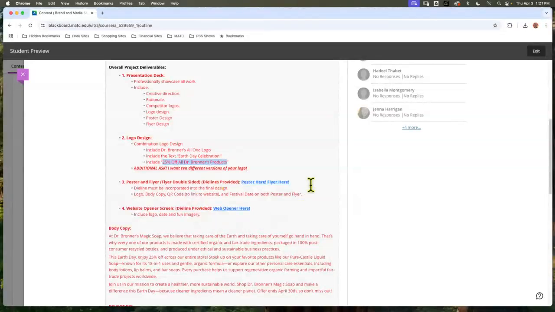And then you can start working on these. I talked about the web opener on Tuesday, and what I do there would translate to poster and flyer design. I've talked in the past, and maybe I'll talk again next week, about making sure that stuff from Illustrator can go into InDesign. Vector-based programs can swap. So you should never be using anything